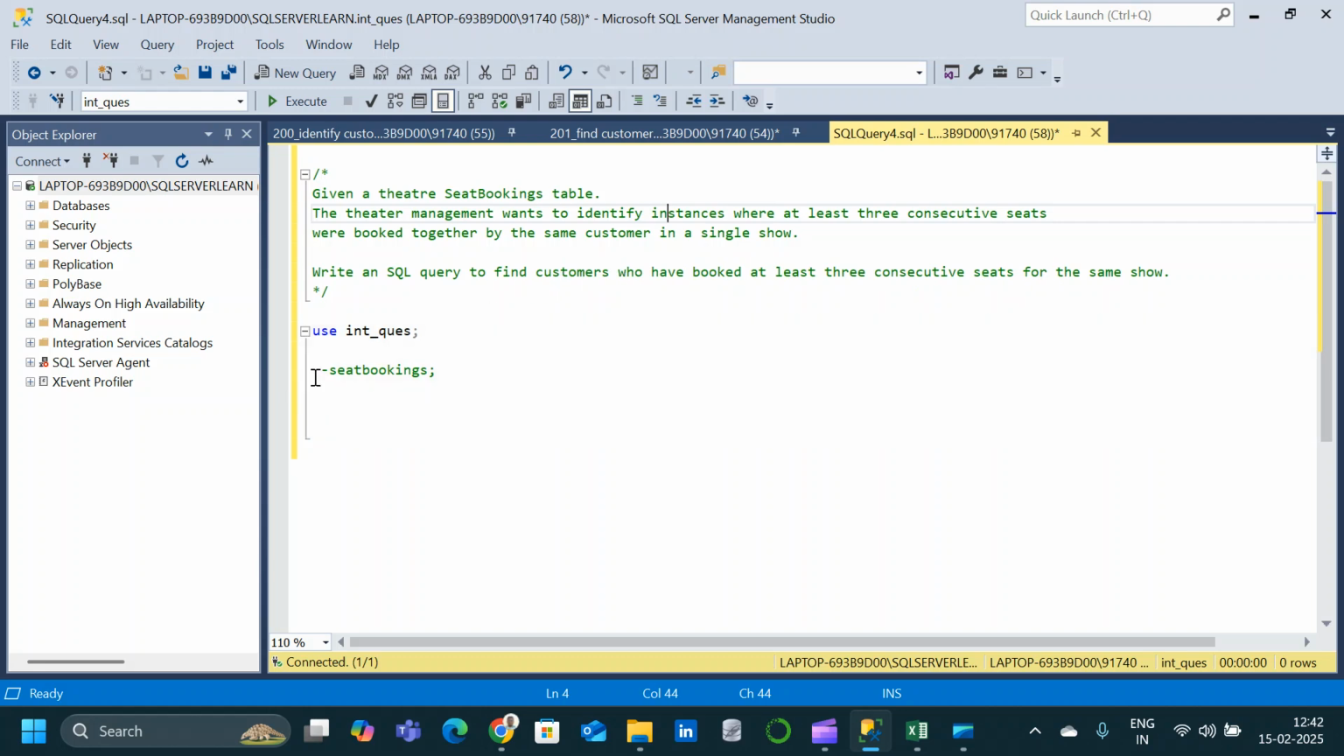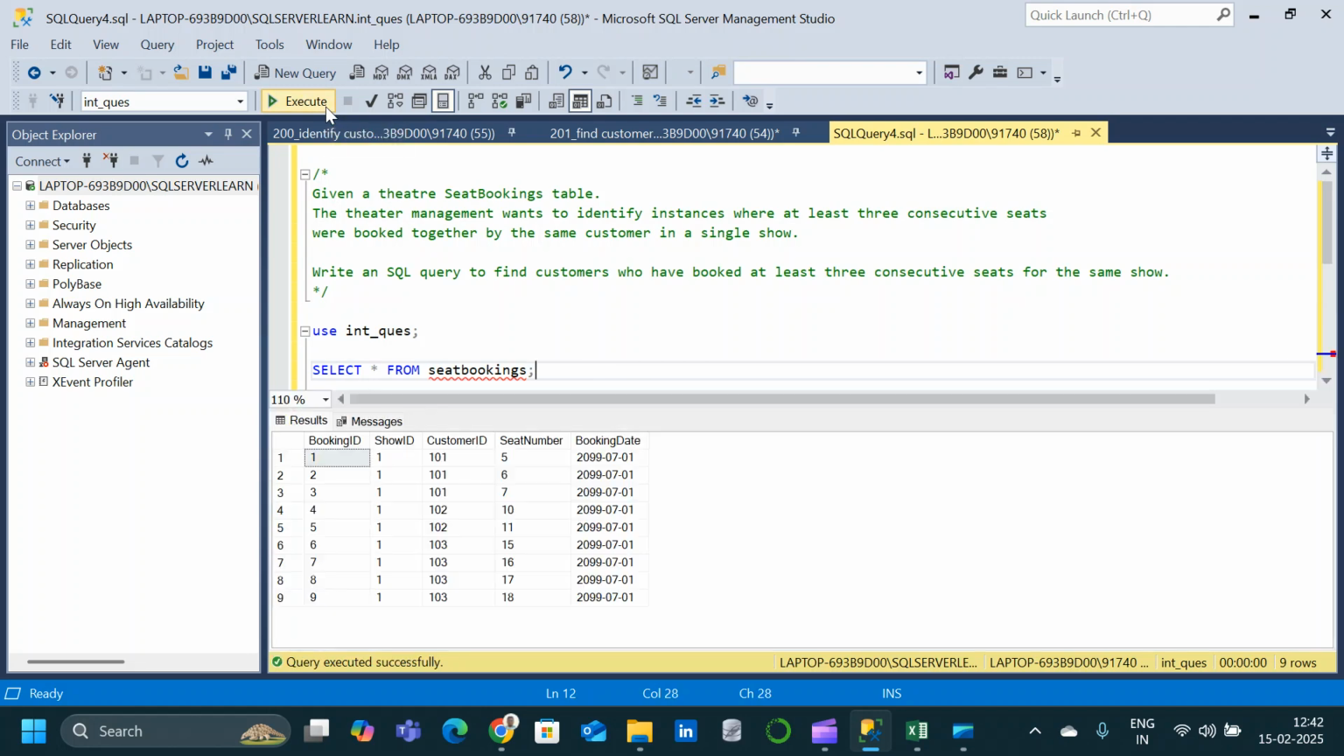For that, we have already created a table which is the seat booking table. Let us query the table and see what the schema is. Select star from seat bookings, execute, and we have a seat booking table which has booking ID, which is the primary key for that particular table. Then show ID, customer ID, seat number and booking date. And from this table, we have to identify the customers who have booked at least 3 consecutive seats for the